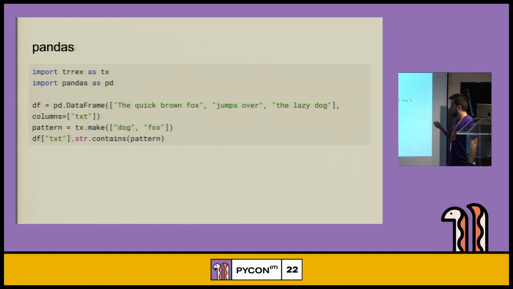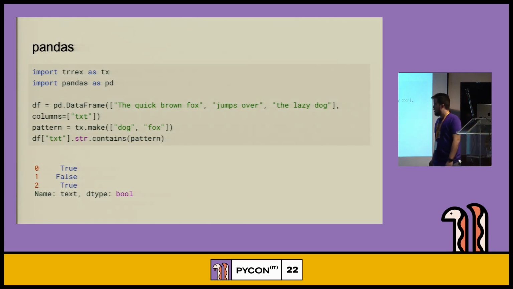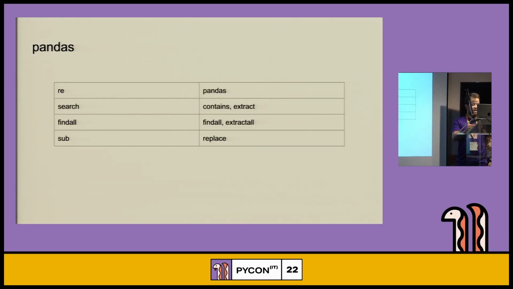In this case, contains will return true if the pattern was found, false if the pattern was not found. Additionally, Pandas has a lot of functions that mirror the functionality that you could find in the RE module. Basically, search matches to contains or str.match in Pandas, findall matches to str.findall, and sub is called replace in Pandas.